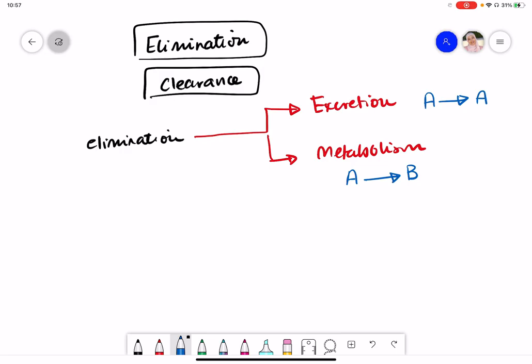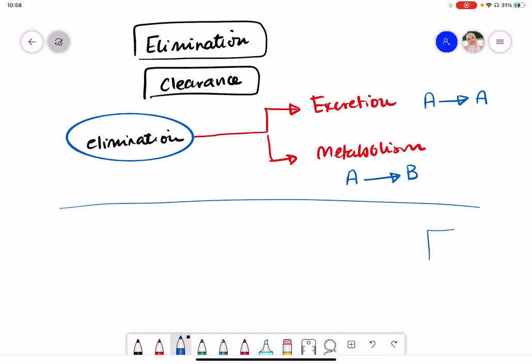Okay, so we need a way to represent elimination and kinetic terms. Okay, so we will talk about this in this class, and we are still talking about